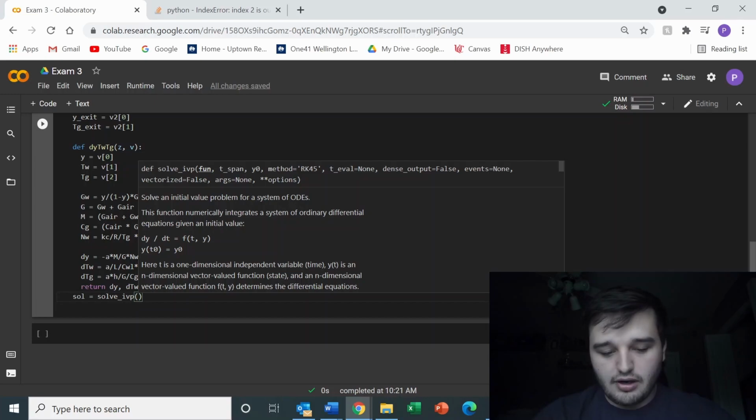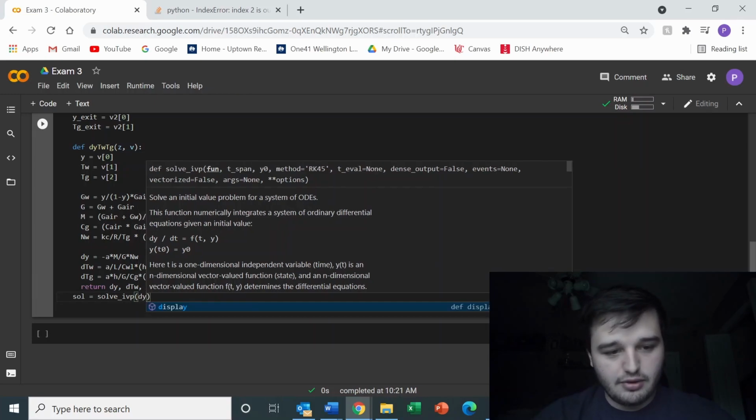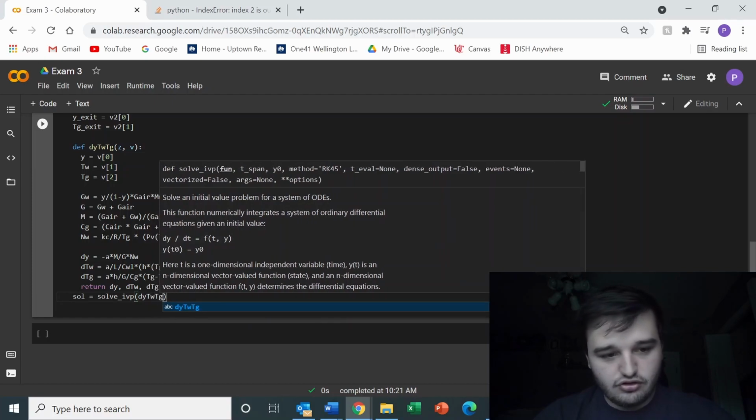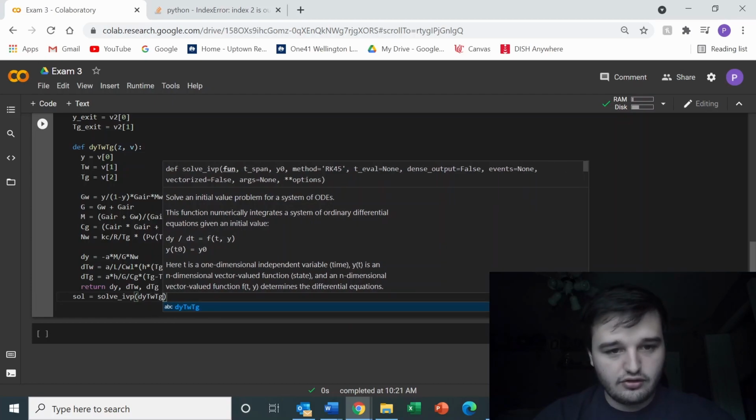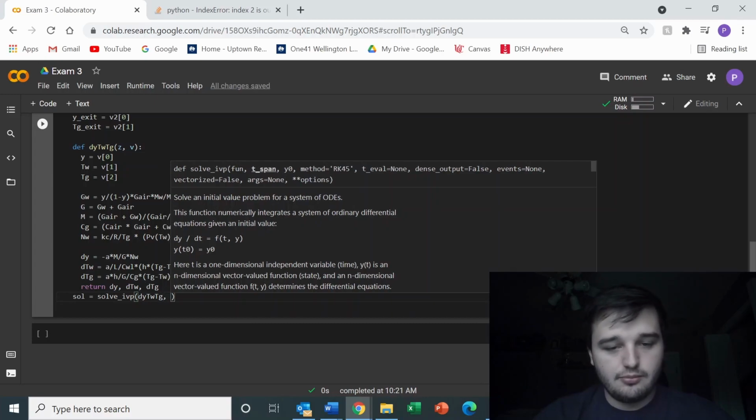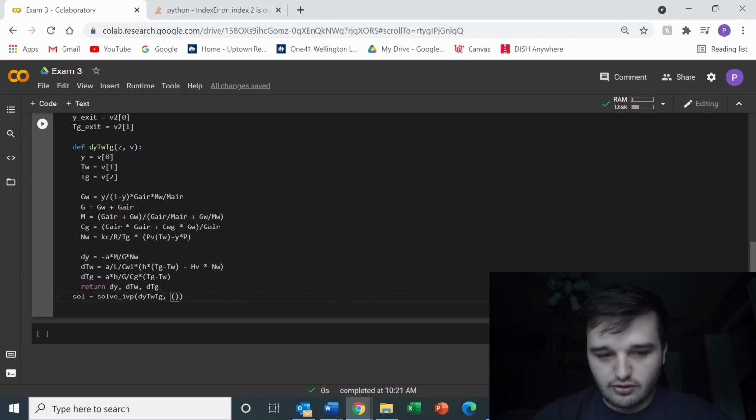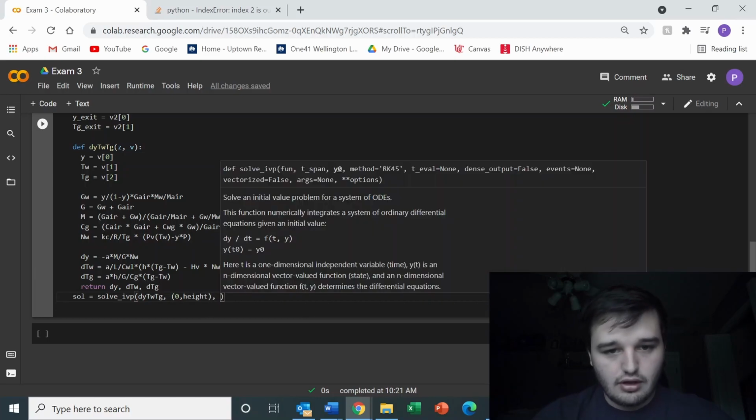We want to start by using the function that we just made, dy/dz, which is the function we are using the IVP on. We need a time span, or what it is happening over. In this case, it's going to be the distance, so it's going to be 0 to our height. And then we need y0, the initial values, which for the mole fraction are going to be the mole fraction at the exit,